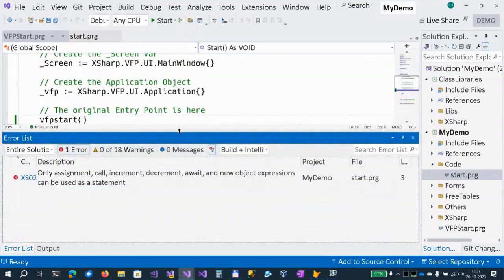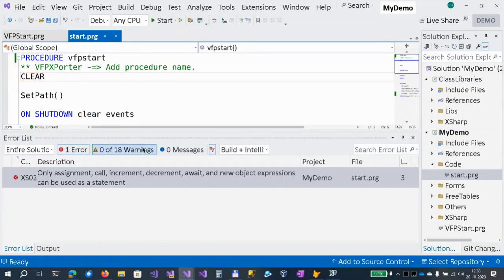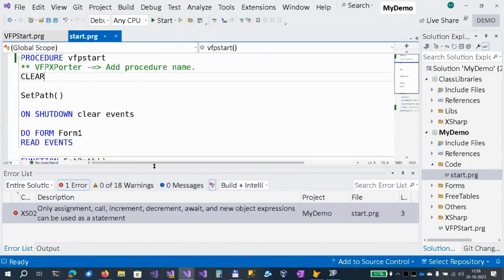Okay. Now we get further, but still, we do not get a compiling app yet. So what is wrong? Here we see a command which does not get recognized yet by this version of XSharp. It's clear. I'm not sure what they wanted to clear. You guys probably know better than I. Is it clear the screen? Clear the desktop? Well, this app is not going to run in the Foxpro IDE. It's going to run as a standalone exe. So in this case, we don't need it because there is no desktop when you start the app. So I can comment it out.